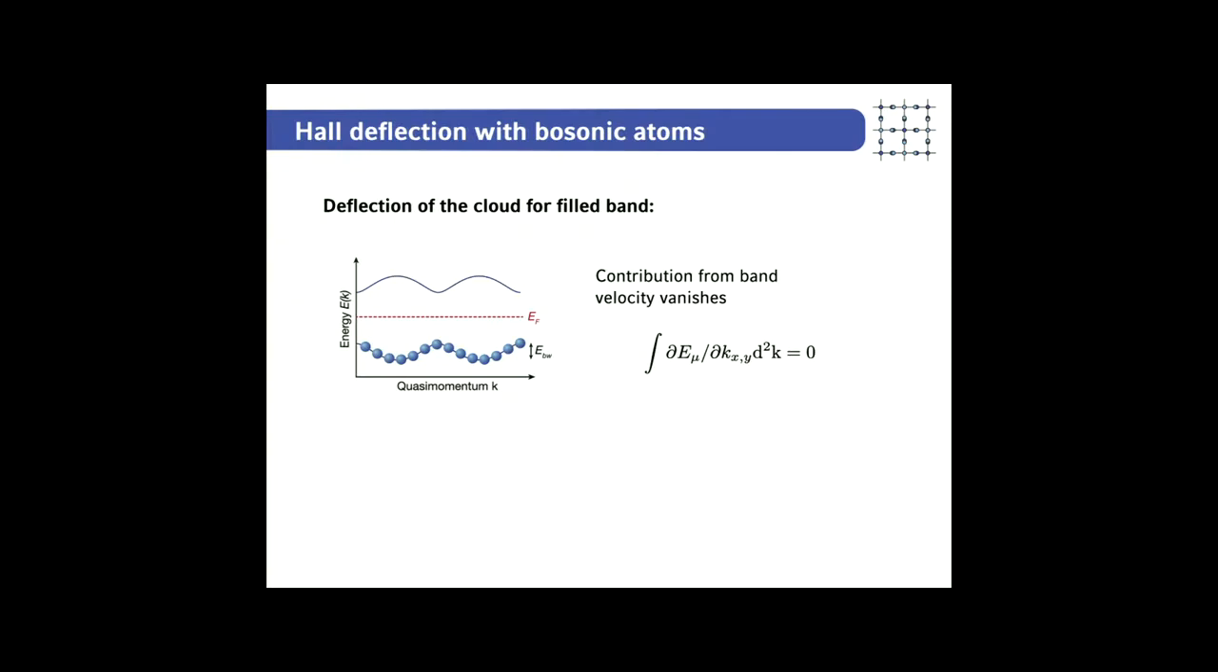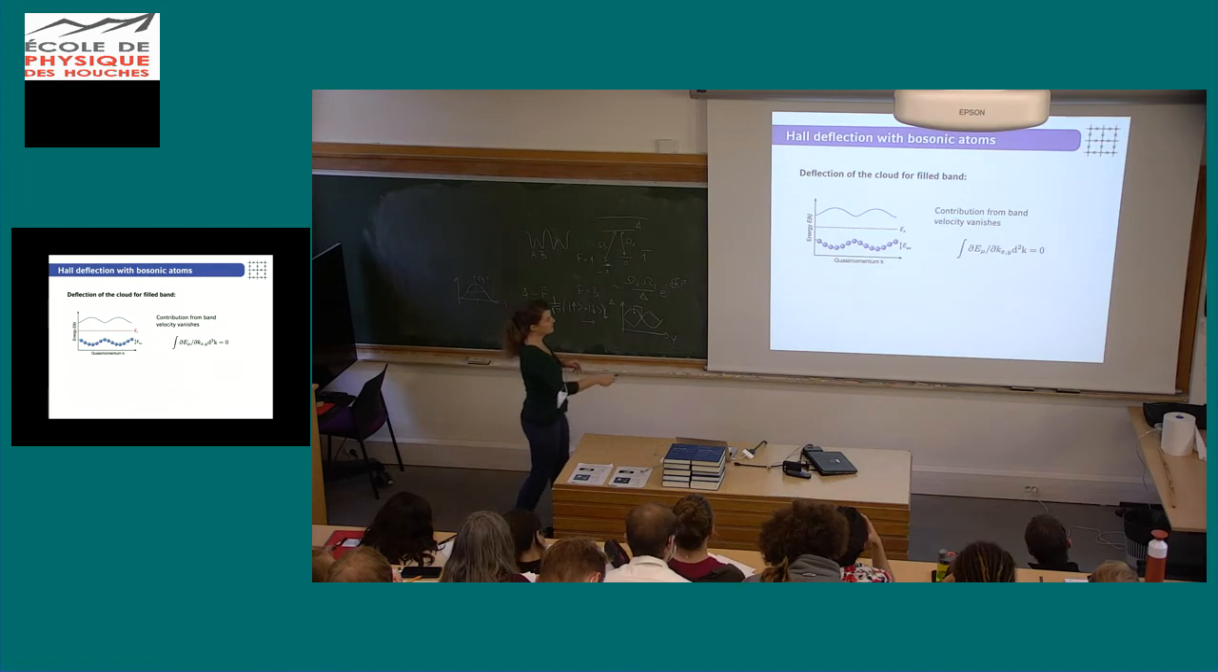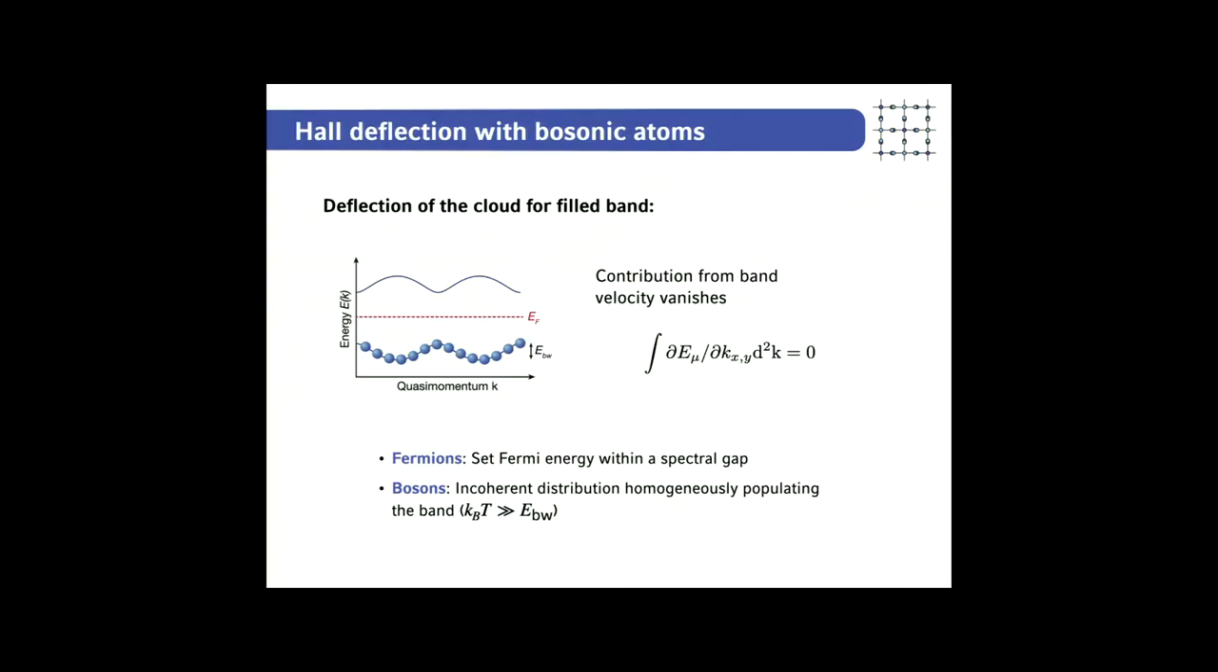So this is what is shown here. Schematically, we have two bands, and we want to populate all the quasi-momentum such that if we apply the semi-classical description, the center of mass motion of the cloud that we get for all these little wave packets, if you want, is just the integral over the formula that you have seen before. So in the direction of the force, the band velocity cancels out, but then transverse to it,